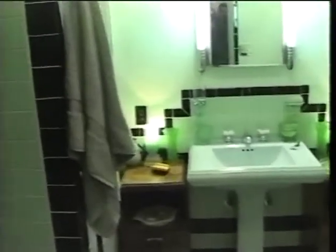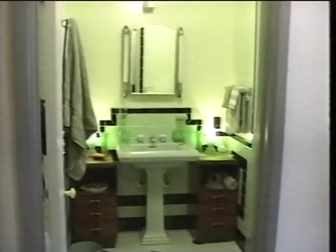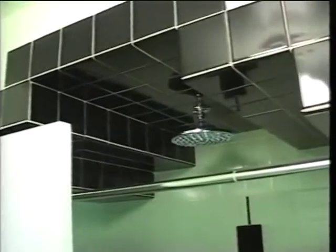One of my loves, obviously, is photography, and I have a lot of LA and Long Beach photography in the hallway here, as well as more furniture. This is the second bathroom, one of my favorites, done in the typical green and black of the Art Deco era, with the medicine cabinet and light fixture. And you can see the step-back canopy over the shower, which is typical of the Art Deco form, especially in